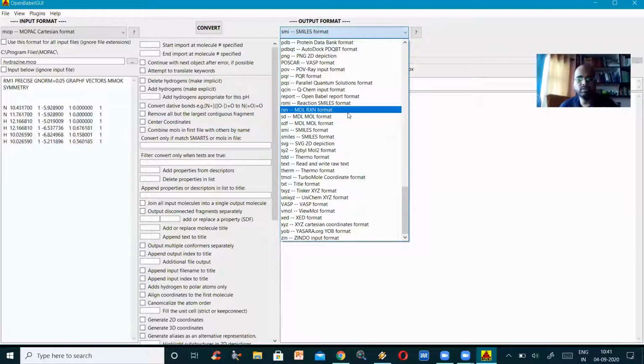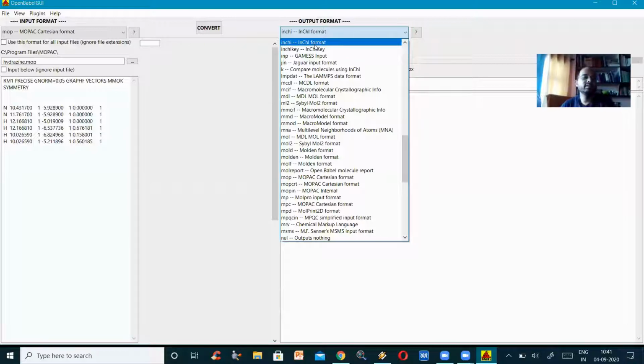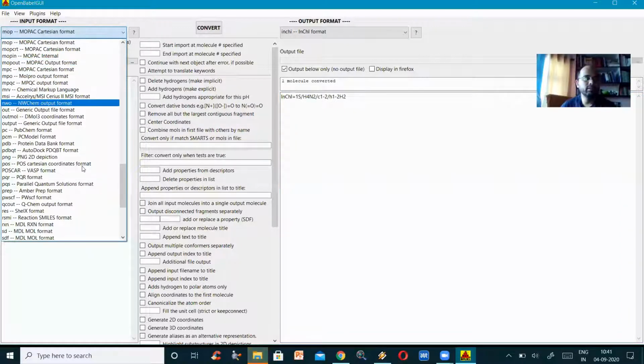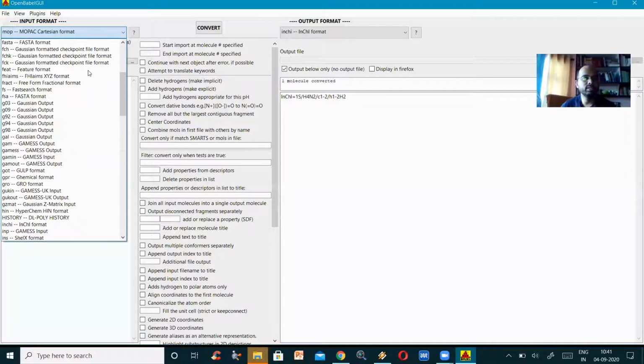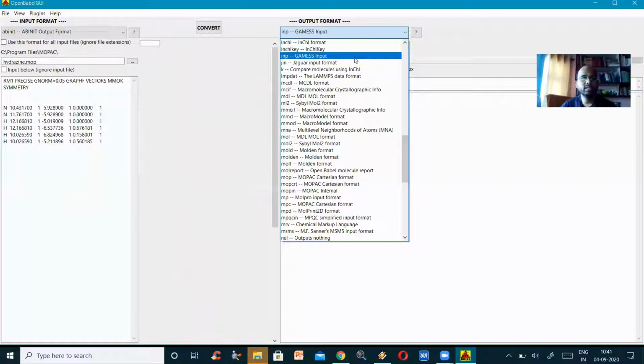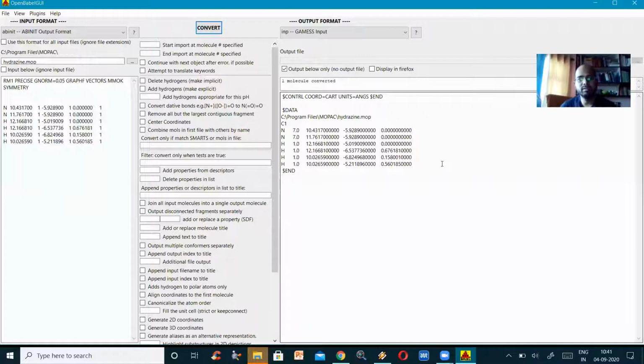There is another widely used format that we call InChI. I can click on that InChI format and click convert. So it is converted into one line. This is an InChI format, a short format. So after writing this, you have various formats into which you can convert. Here is your input. Whatever you get, you put here. There are so many different formats. And then here, whatever output you require, just click that output and then click convert. It just converts and gives you these options. You can copy and save them.